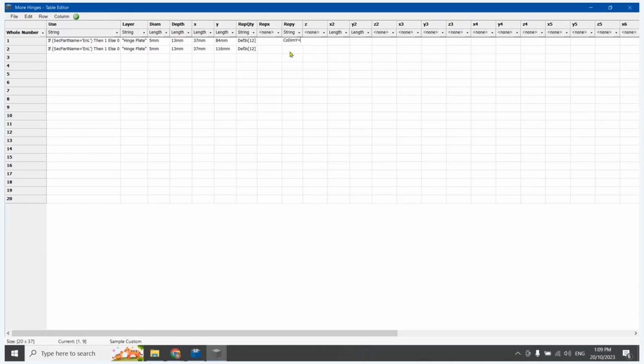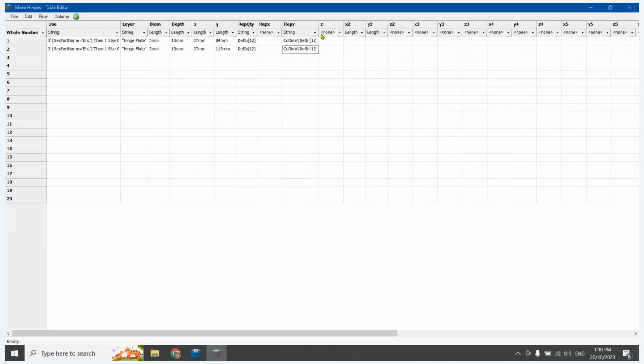Code my divided by define 12. We can copy and paste that into there. And of course, Z is going to be 1. 513. We'll double check all our numbers. That looks good. So we can go File, Save,